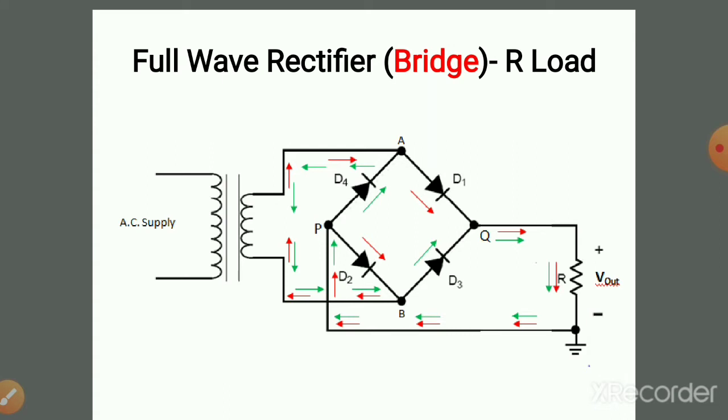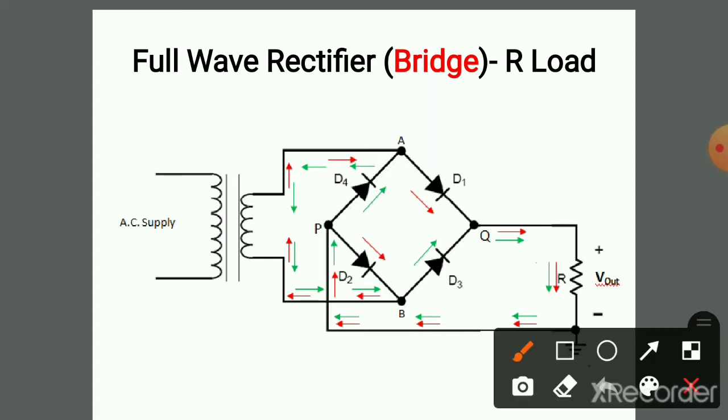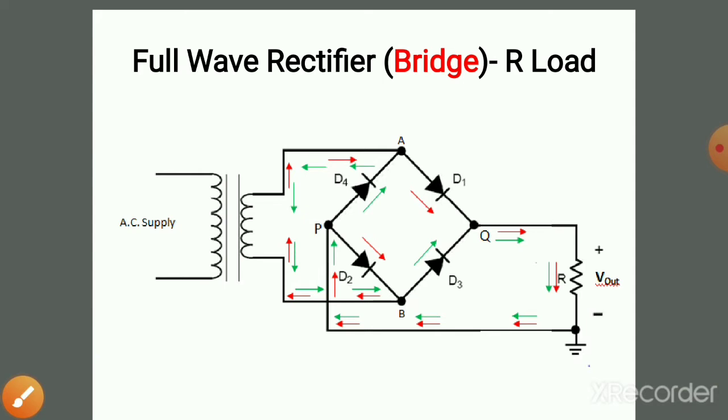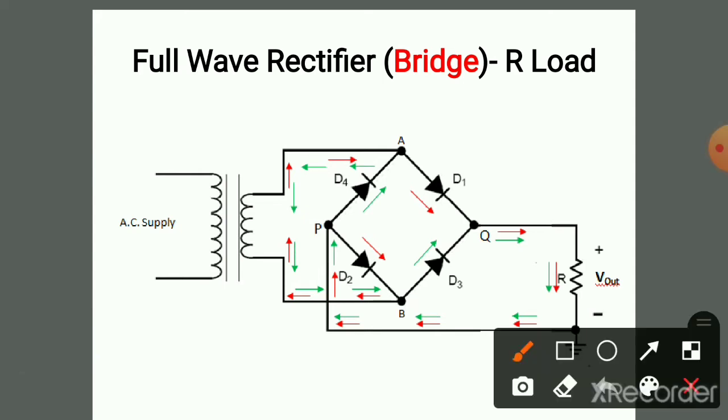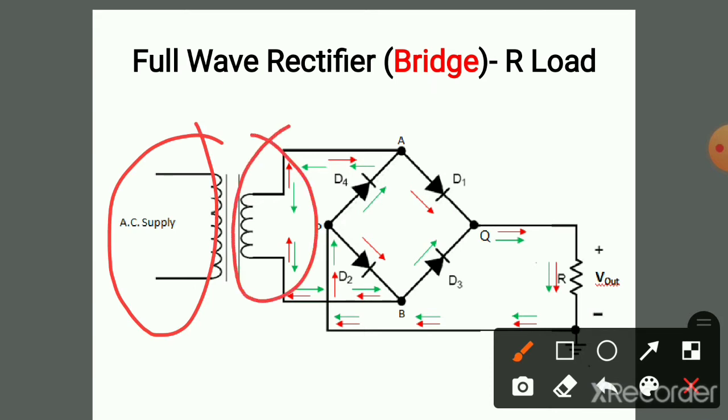R is the load across the resistor. Here R is connected as the load of the circuit. This is a single phase AC supply, which is given from the generating stations or from the transmission system. Then it is stepped down to a certain value required by the application. For example, 230 volts is coming and we step it down to 50 volts based on the requirements. As it's a step down transformer, we can observe that the number of turns in the primary is greater than the number of turns in the secondary. So it's a step down transformer.